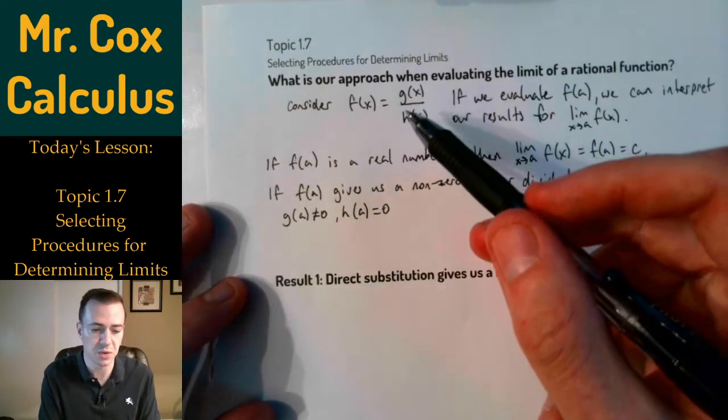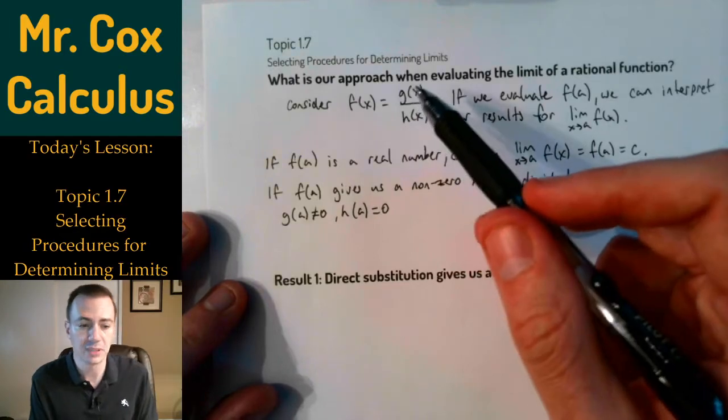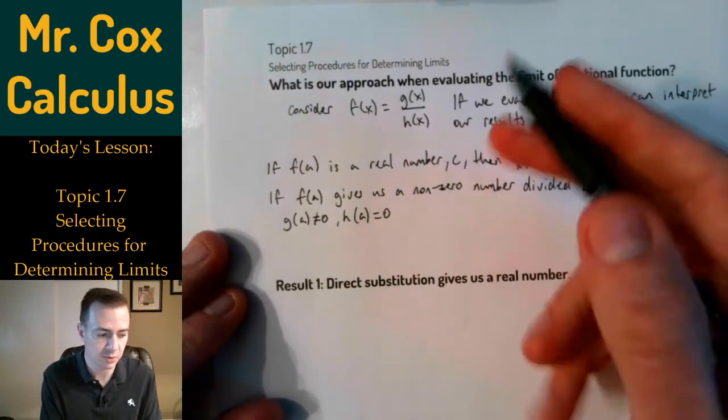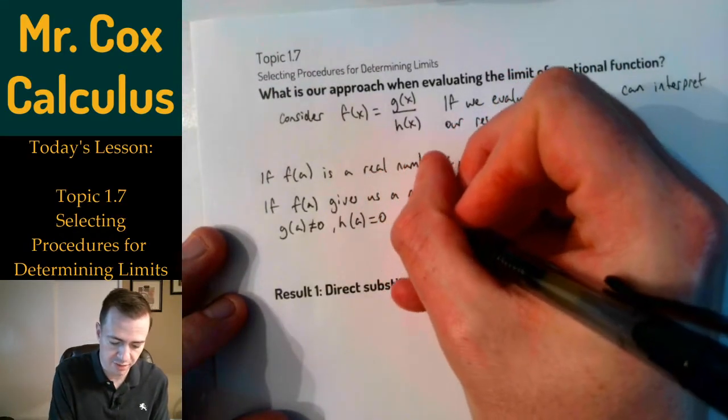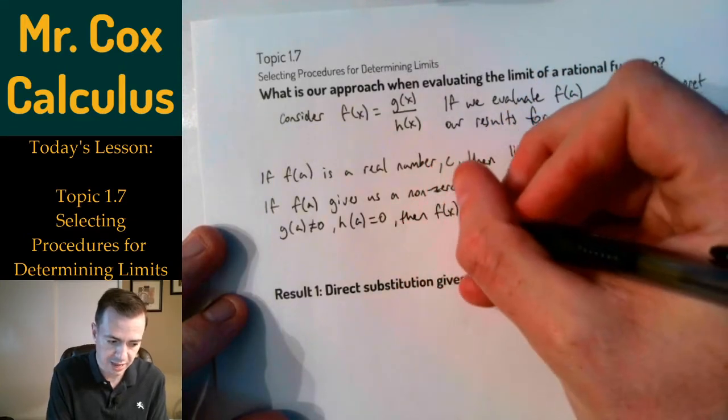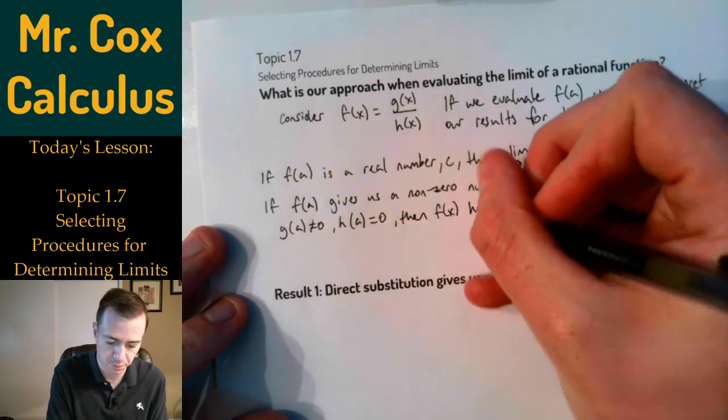So when I substitute a in, if I get any number besides 0 divided by 0, then what we said was that f of x has a vertical asymptote